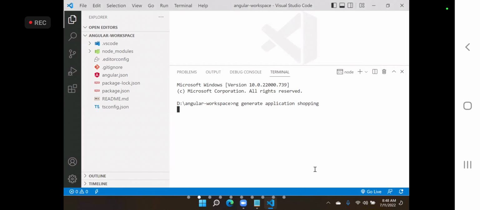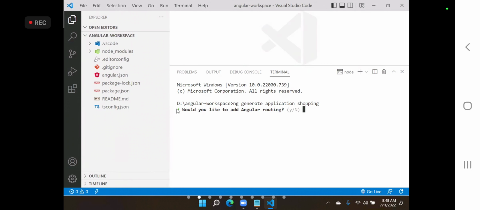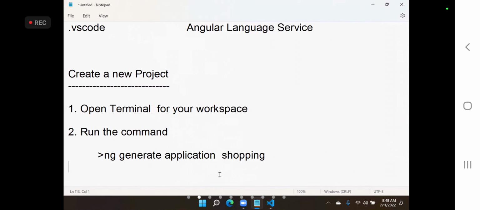I am creating a new application: ng generate application shopping. Now you can see some questions will come. First question, it is asking, do you like to add routing in our project?